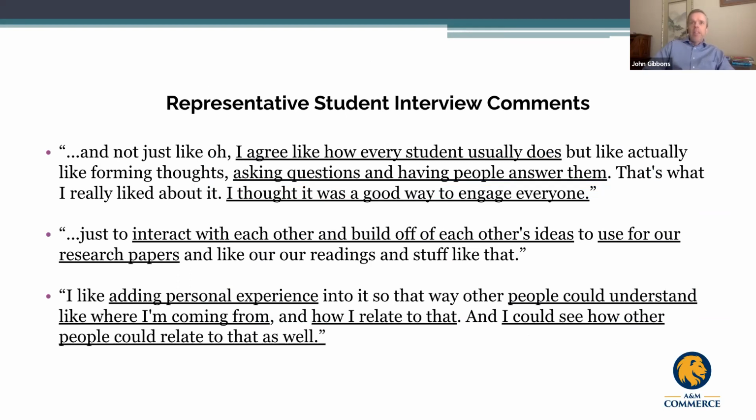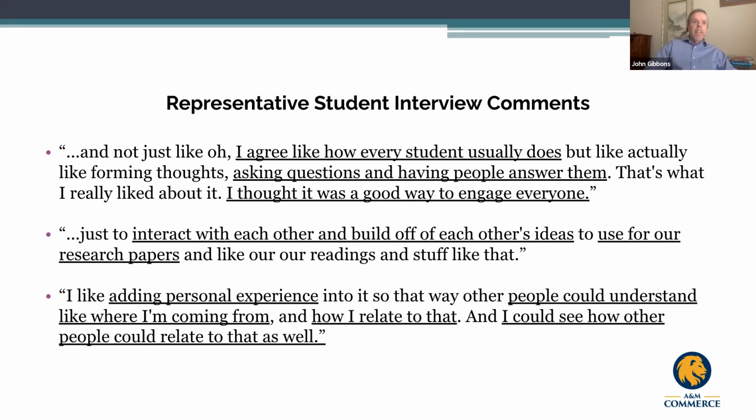I agree, like all students usually do. She's talking about here discussion boards and how discussion boards tend to be just agreement. She said, in Perusall, they were allowed to ask questions, have questions answered. It's a good way to engage everyone. She liked the way you could interact and build off each other's ideas and use it for research papers and like